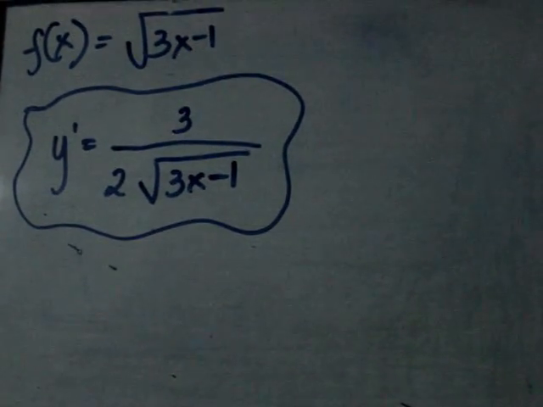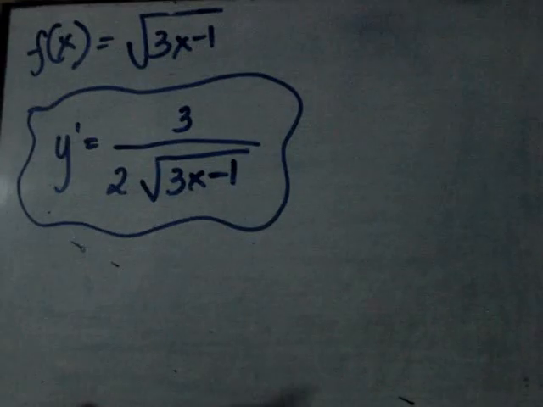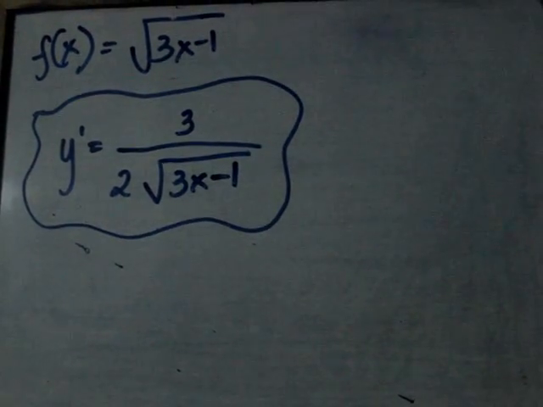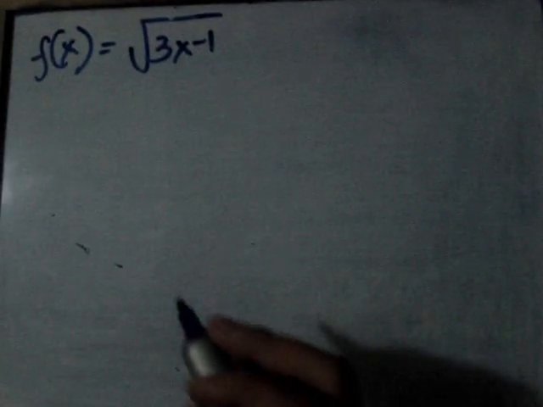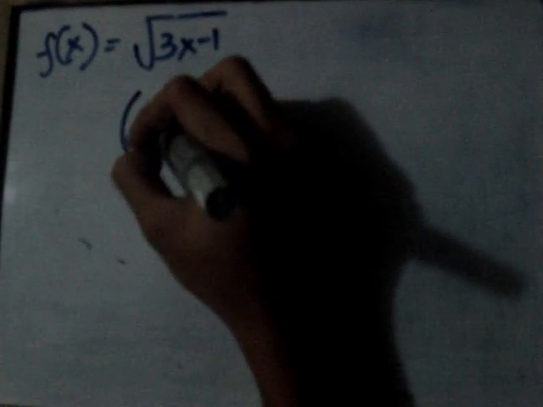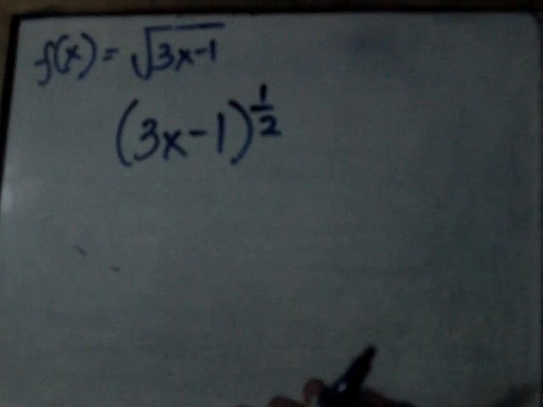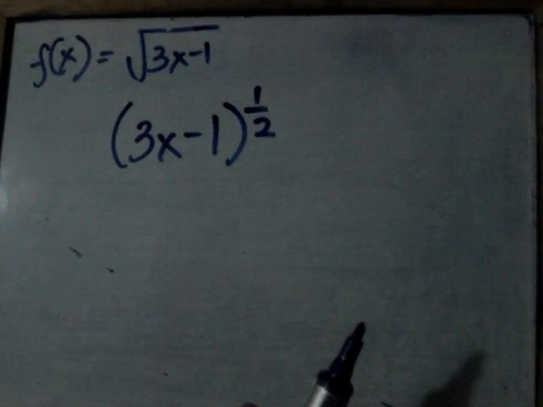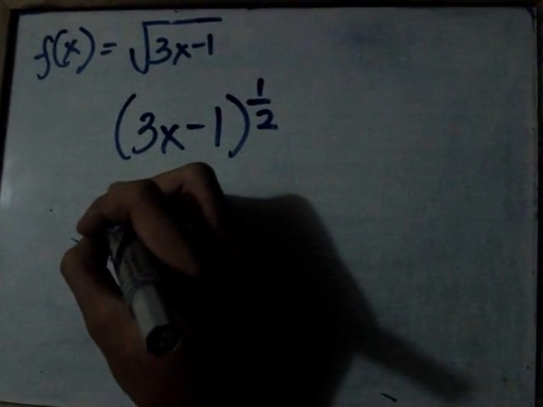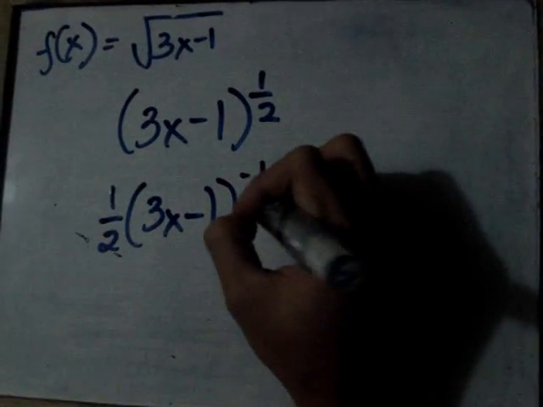Before, we got 3 over 2 times the square root of 3x minus 1 as the derivative of the function square root of 3x minus 1. Again, we can make the equation simpler by using the general power rule. In getting the general power rule, first, we're going to make this radical form into exponential form. So it will become quantity 3x minus 1 raised to 1 half. Then it's just like power rule, but instead of only one term, we're going to multiply the exponent to the whole function. So it will become 1 half times quantity 3x minus 1 raised to negative 1 half,